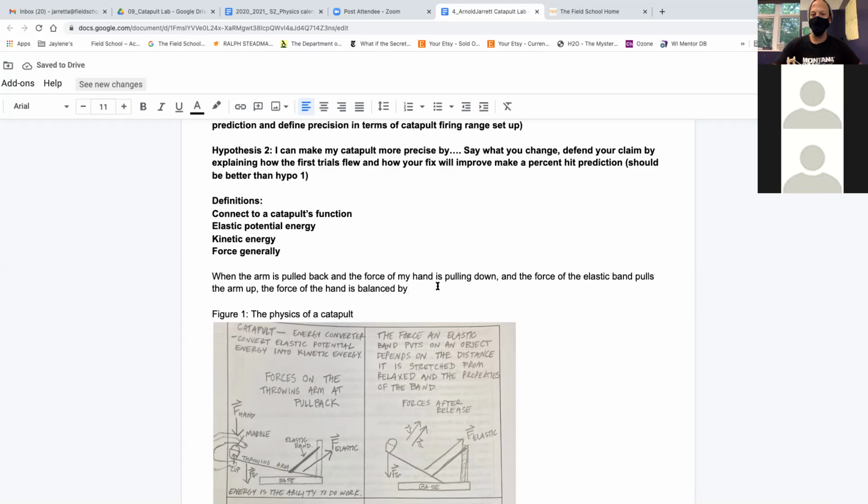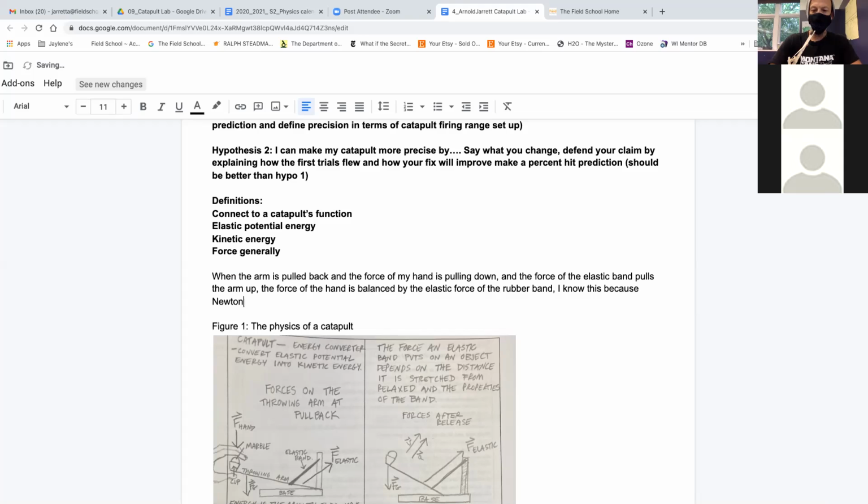So when the arm is pulled back and the force of my hand is pulling down and the force of the elastic band pulls the arm up, the force of the hand is balanced by the elastic force of the rubber band. I know this because Newton's first law states, and you write it. We just said it. Newton's first law states